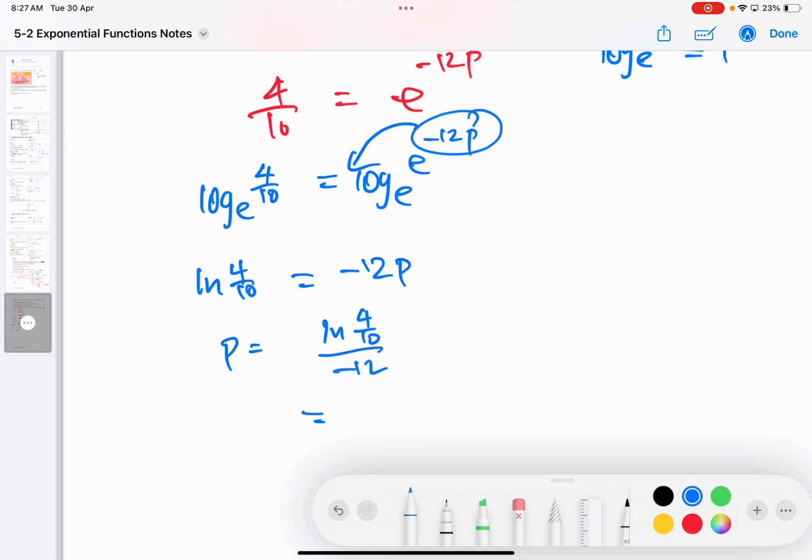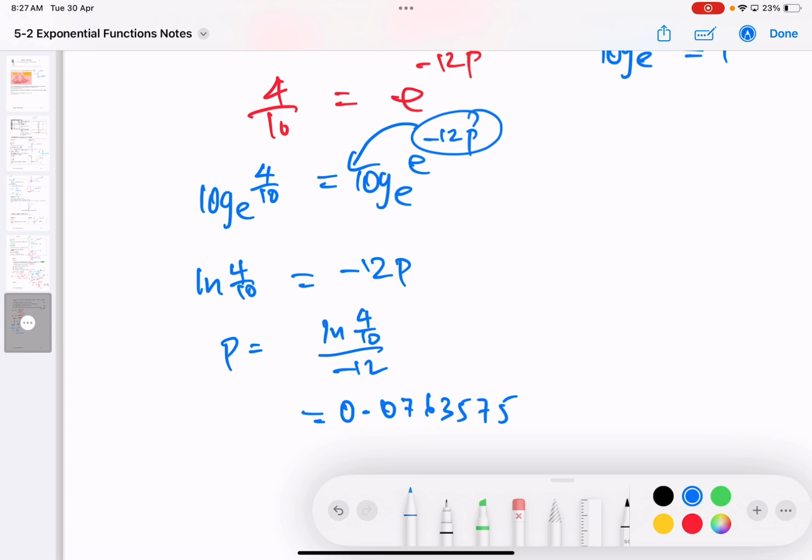Can you enter this in your calculator? Absolutely. You have the calculator over here. The ln is beside the log. Can you enter it? Ln 4 divided by 10 divided by negative 12. So you know your value of P is